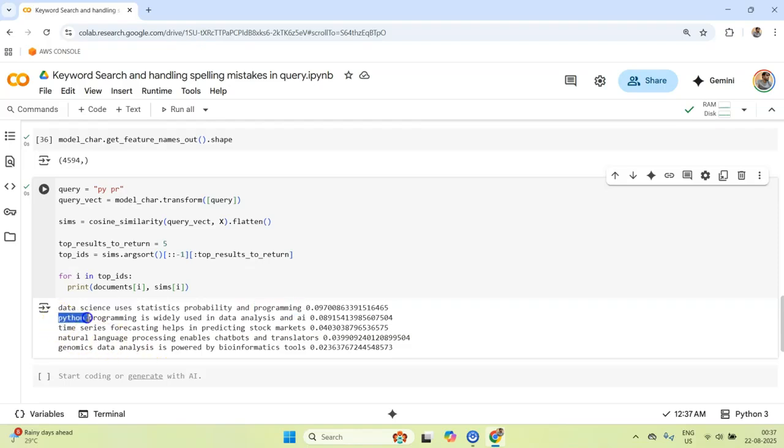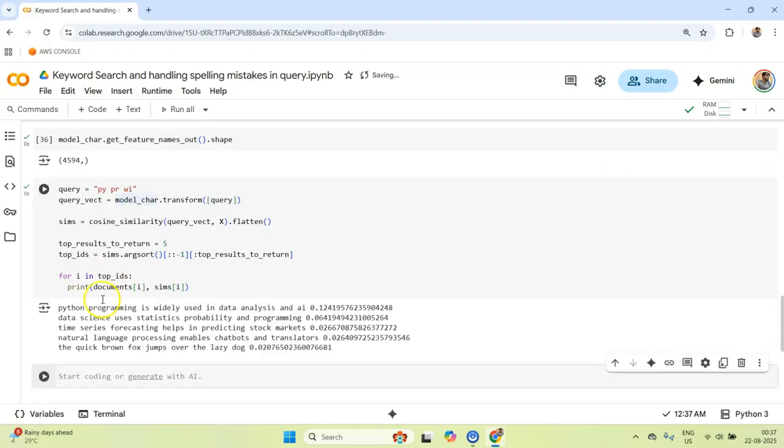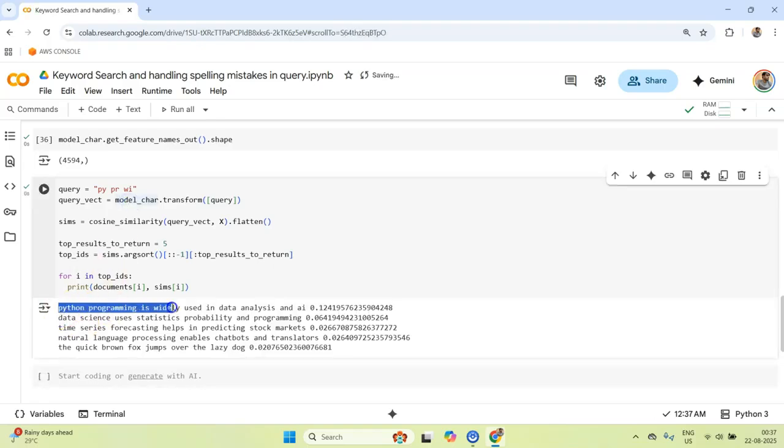But again, it did not mean that it did not list the Python programming. It did list it. The only thing was, in the query there was not much information. But if, let's say, I give maybe "wide", the widely "wi", it will again re-rank the first document, the relevant document.